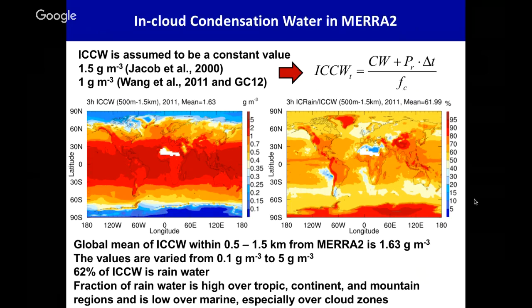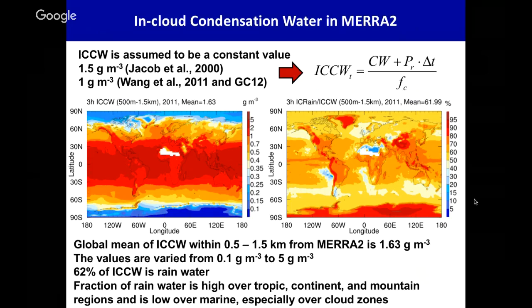we got from the MERRA-2 meteorology. Because MERRA-2 meteorology is usually 3-hour averaged, for equation 2, delta T equals 3 hours here. If you look into this global distribution of in-cloud condensation water, you will find that it usually varies from 0.1 to 5 grams per cubic meter, and it has a significant change at different locations. The values are quite different, and if you look into different seasons,